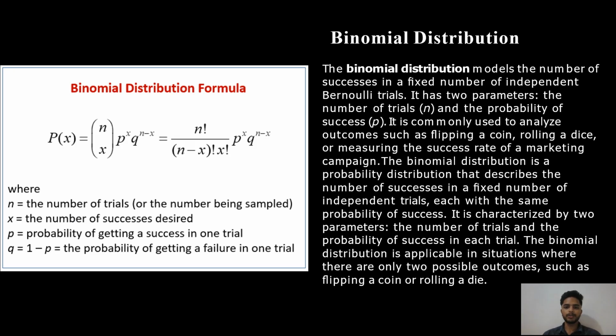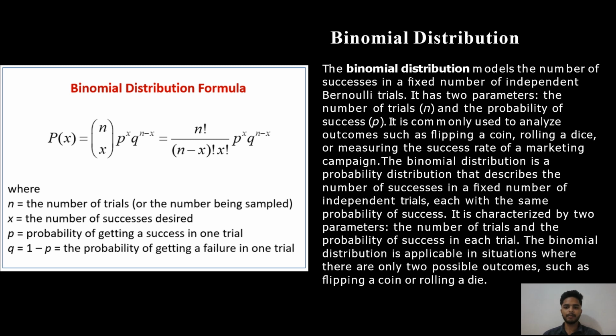Firstly, binomial distribution. The binomial distribution models the number of successes in a fixed number of independent Bernoulli trials. It has two parameters, the number of trials and the probability of success. It is commonly used to analyze outcomes such as flipping a coin, rolling a dice, or measuring the success rate